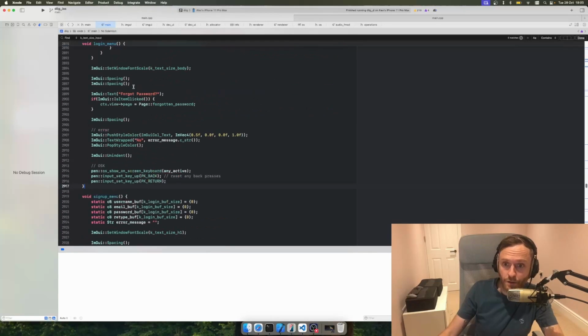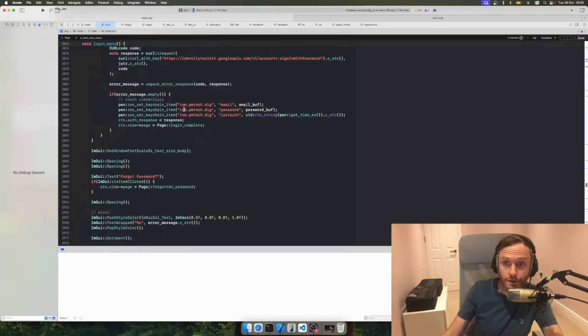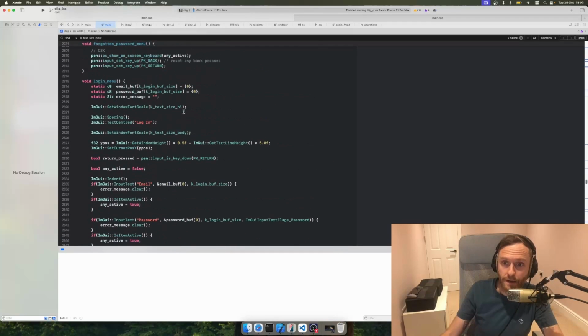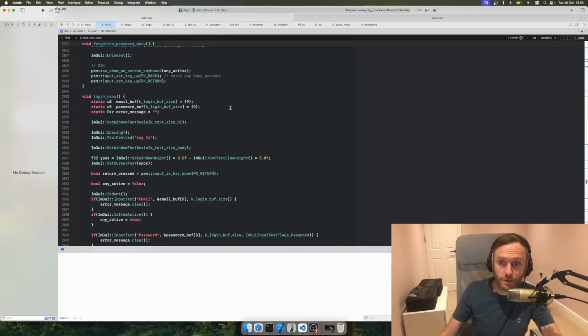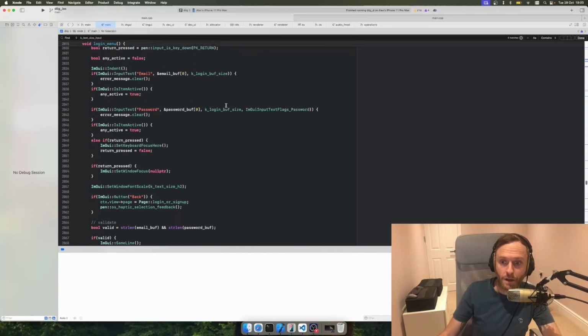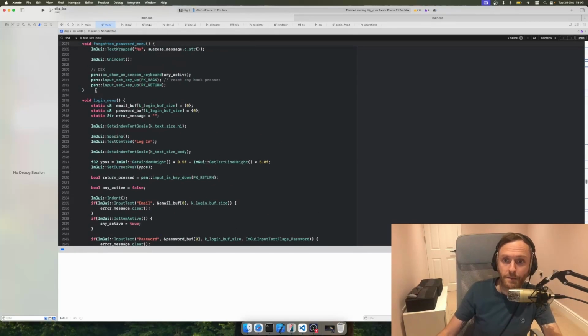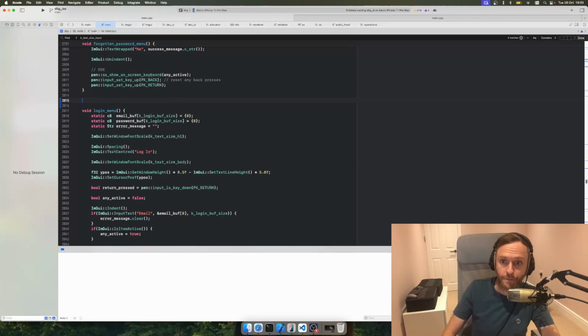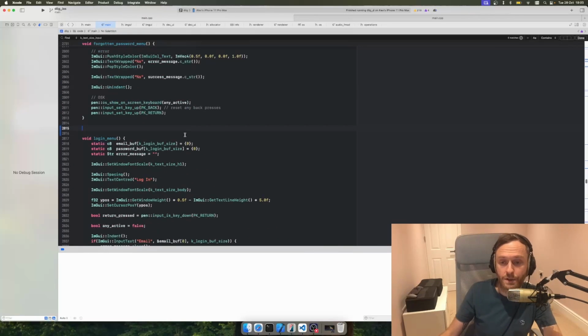So then here's the other menu, forgot password, for example, I can see there. So login menu is going to want to do similar logic. And I think if I make a function which is going to give me,